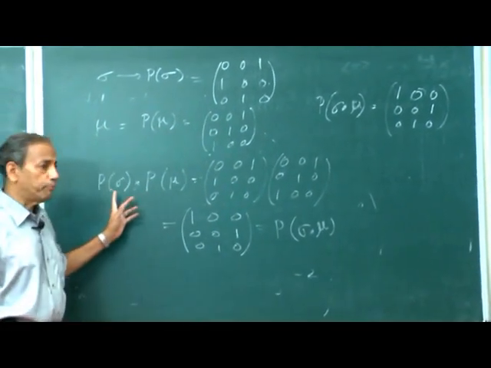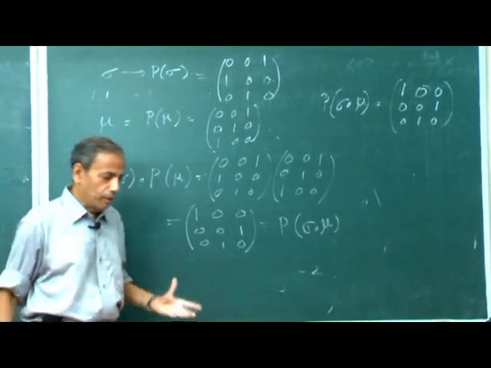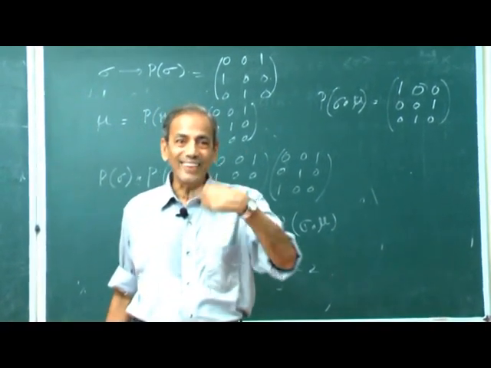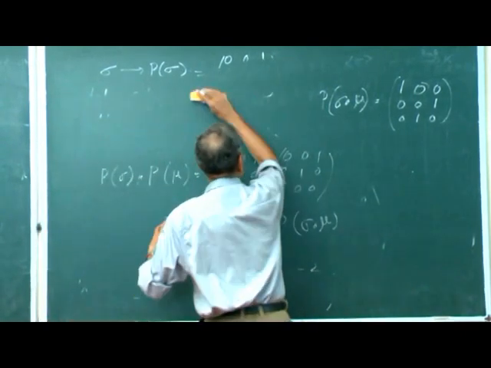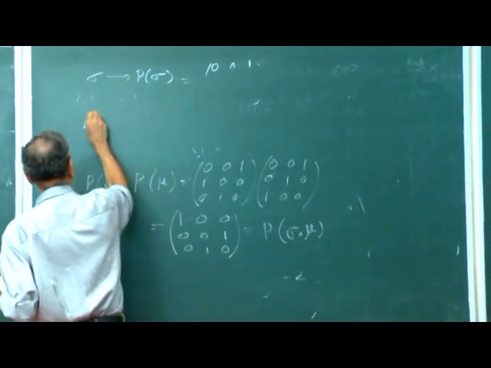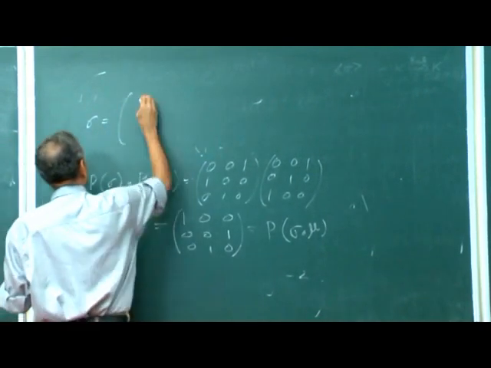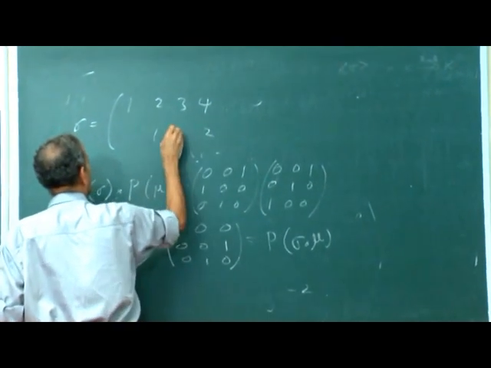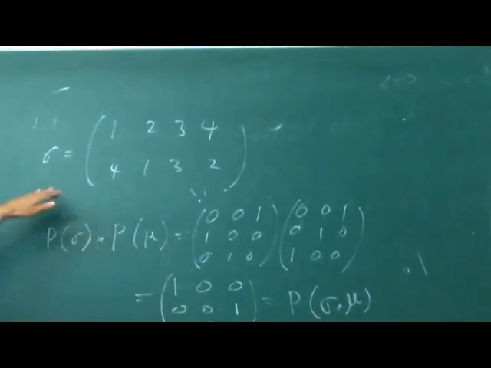So we know that when permutations are there, we can compose them together. But if you look at the permutation, it is a bijection. So we can always take the inverse of that permutation. So let me take the inverse. For example, let us consider sigma to be 1, 2, 3, 4 over 1, 2, 3, 4. Let us take sigma in a matrix form.